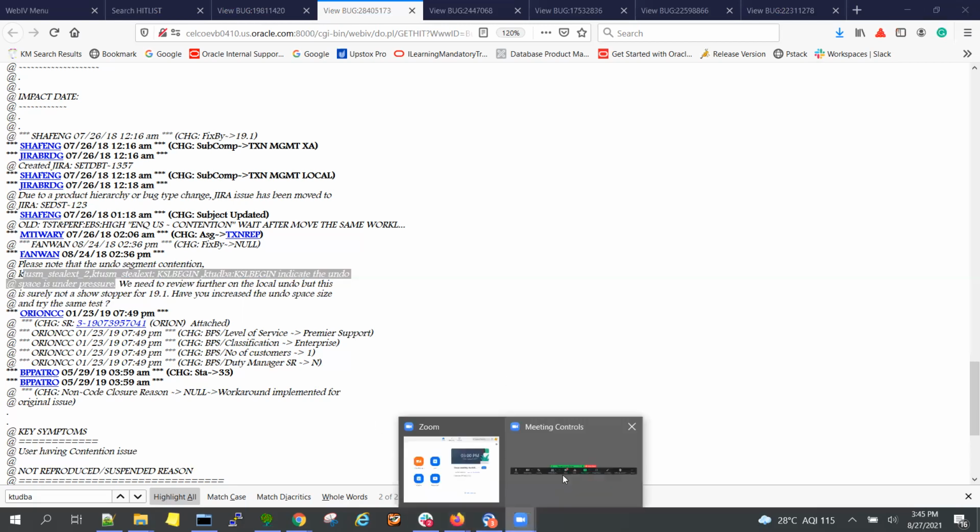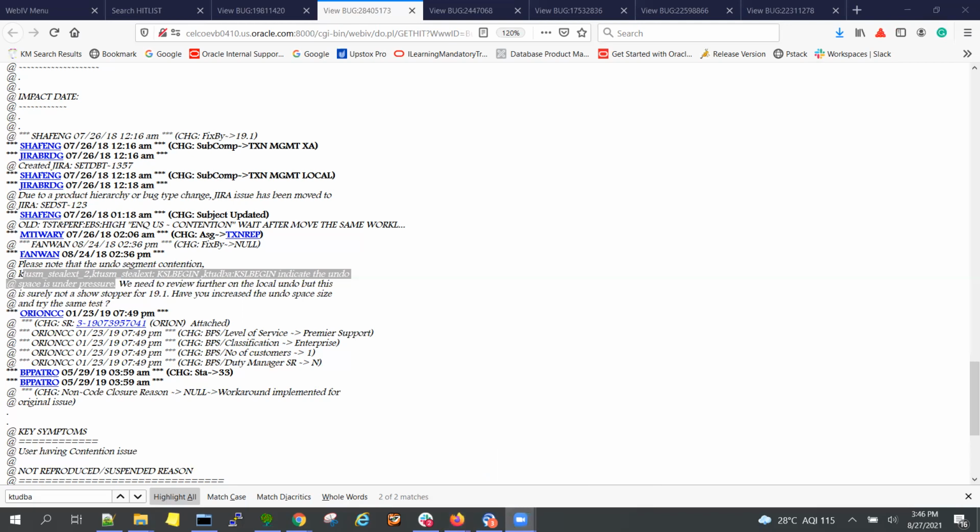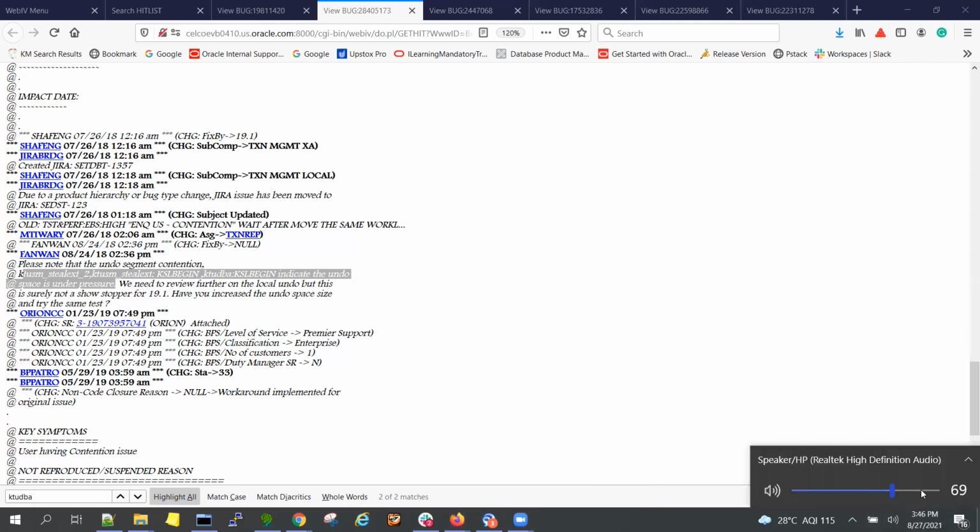Yeah, but Guru, in one trace file there will be multiple wait events, right? So how to say which one is the event that is affecting? In one trace file there will be multiple events, right? That is what I said. Go to the AWR report and see where it is.